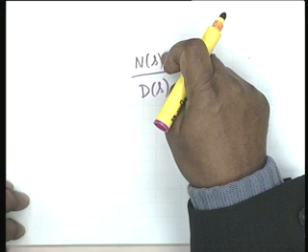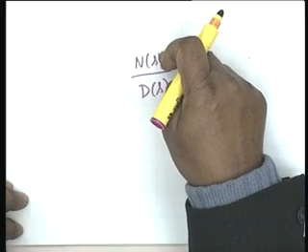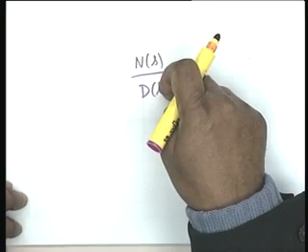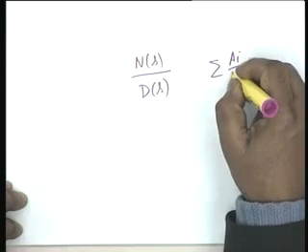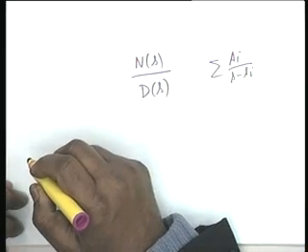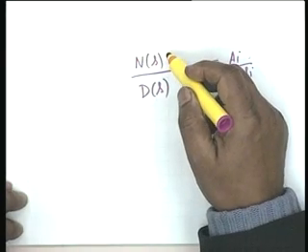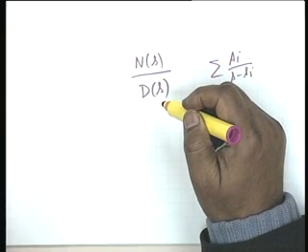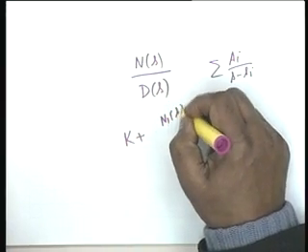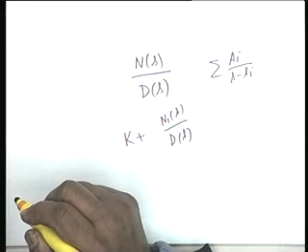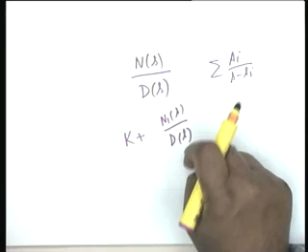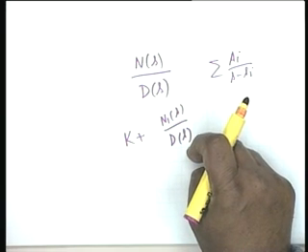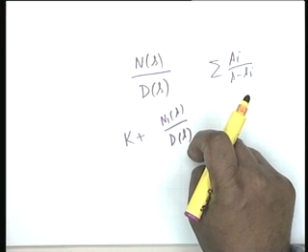If the numerator degree is less than the denominator degree, then there is no problem. You can always write this as summation a i divided by s minus s i. If the numerator degree is equal to the denominator degree, then you have to take out a constant. That is, you will have to write this as some k plus n1 of s divided by d of s, where n1 is at least 1 degree lower than d. Hasn't this been taught in signals and systems in partial fraction expansion?